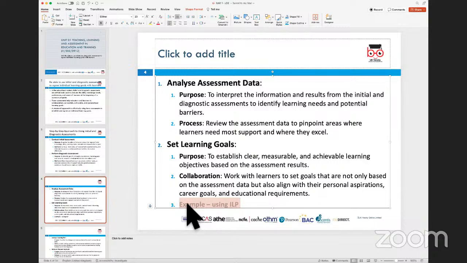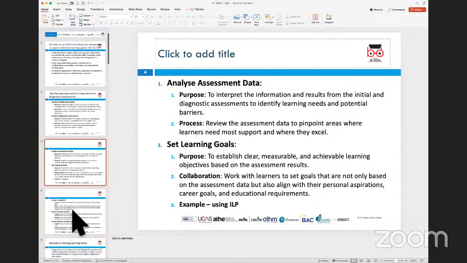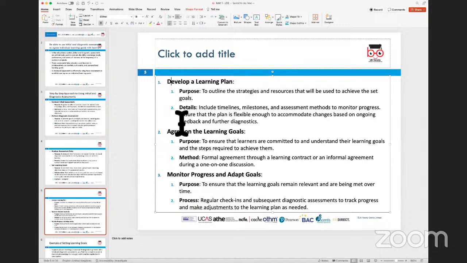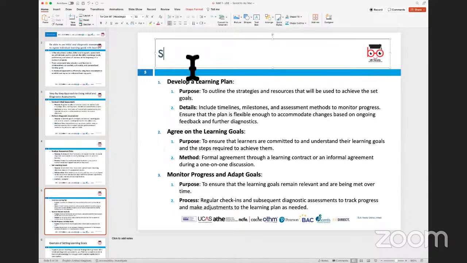They are not open-ended targets. They are not targets that would be set wherein it will take months or years for the learner to be able to do it. But they are time realistic targets that we normally tend to put in. And one of the things that we definitely do before these SMART goals or targets are set, the learner has to agree to those SMART goals and targets, and that is how they are put into the ILP,